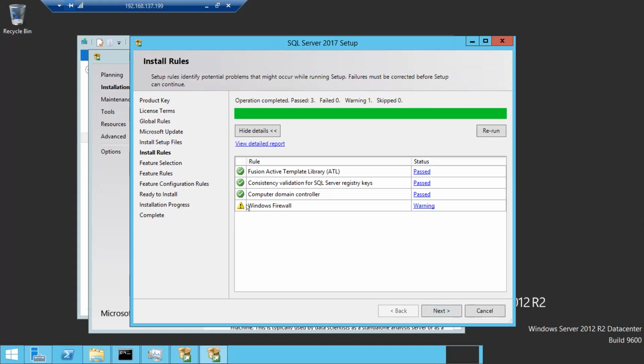But if this is failed, the Next button will be grayed out like this. See, I cannot click. Okay. So now yes, all these checks are passed, and that's okay with one warning. Next,